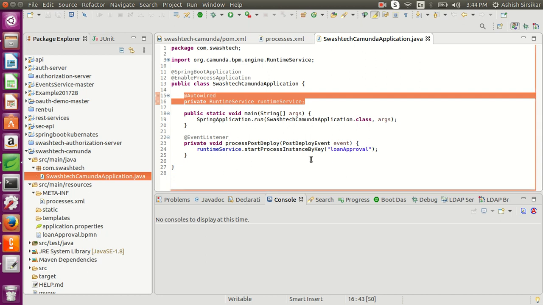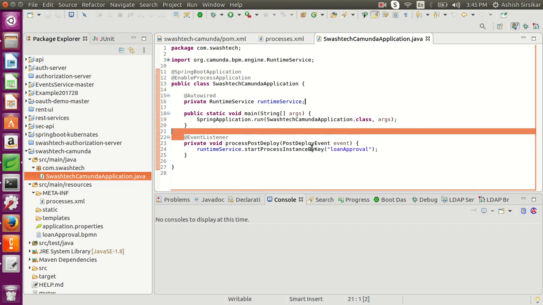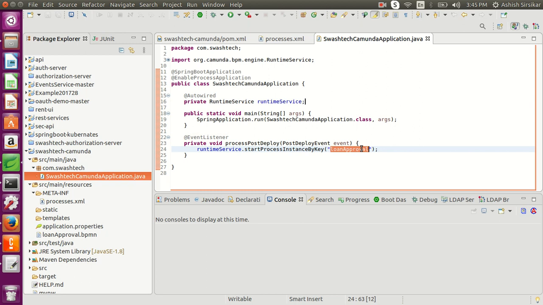If you put this entry in process.xml, then also it will work. And if you do it like this, by putting this annotation, event listener, and runtime dot start process instance by key, and this is the key of this process file. So this is how the bpmn file gets executed.